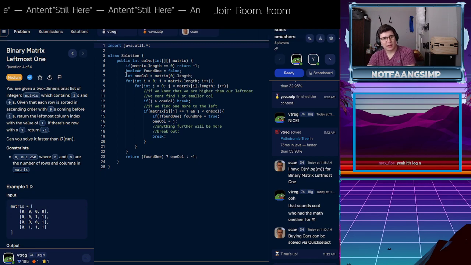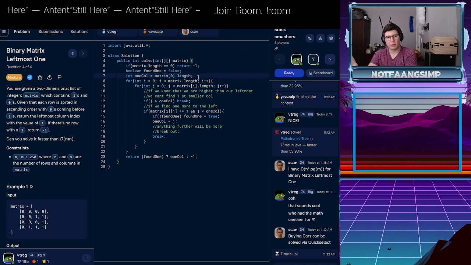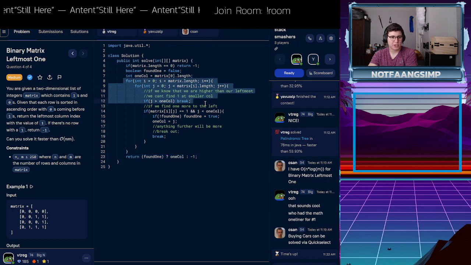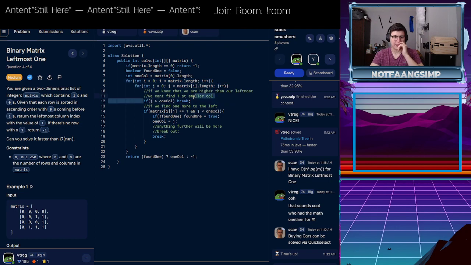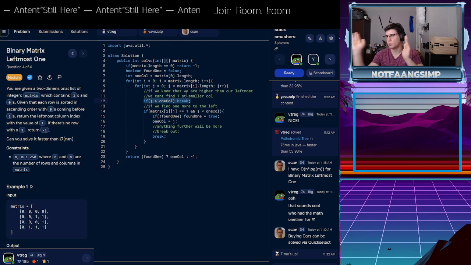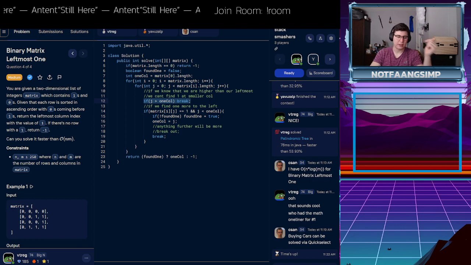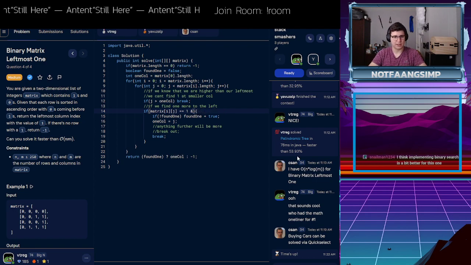So yeah, for this one, I kept track of where the leftmost one that we found was, and then I kept track of if we'd ever found a 1, just so we could use that down here. Pretty much I iterate through it as you would any 2D array. And once I figure out that we're past the point of our previous one, meaning everything else would be a worse solution, I just break, because we can continue on to the next row since we know everything in this row will be a worse solution after that. Then I check if we're still good after this. I check if it's a 1, and this check here is redundant, because if we made it this far,